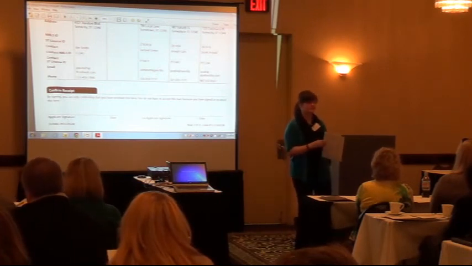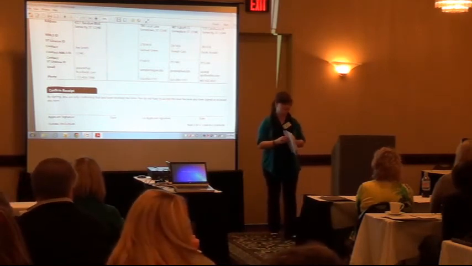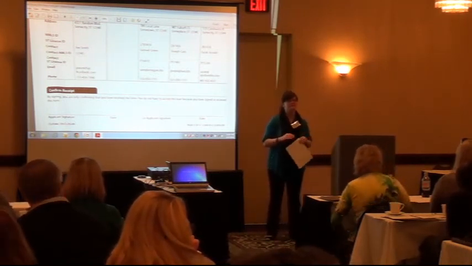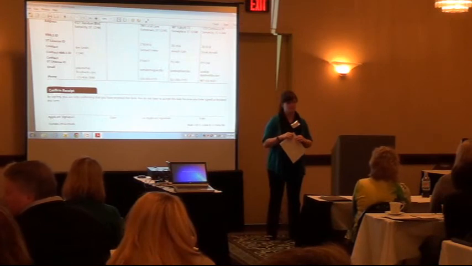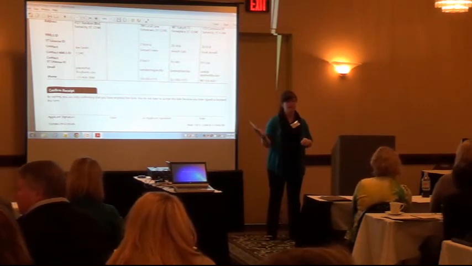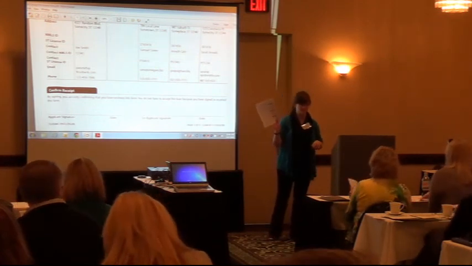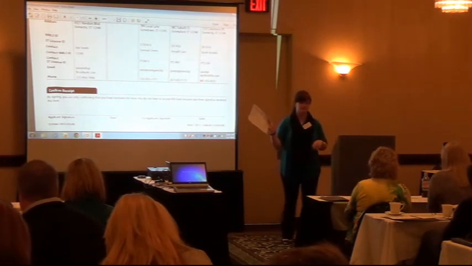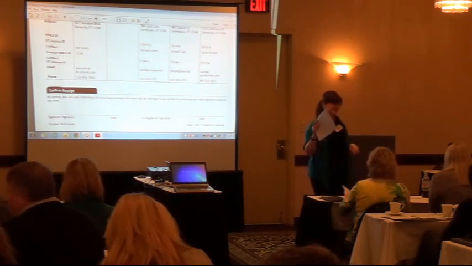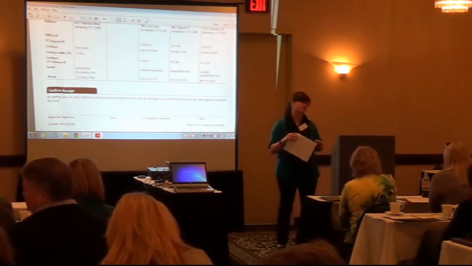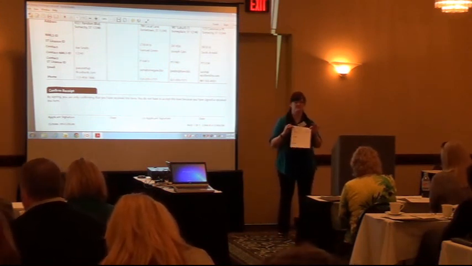Or shoot the CFPB an email. They will respond to you, I promise. Say, these are the ones we're concerned about, where do they fall? They do give very specific examples in the beginning portion of the rule of what they fall under and what type of forms need to be used. You can find these forms in the seller model form, and if you go to consumerfinance.gov, there's the Know Before You Owe mortgage section. They give you model forms for different types of loans instead of promulgated forms, so you don't have to use this.